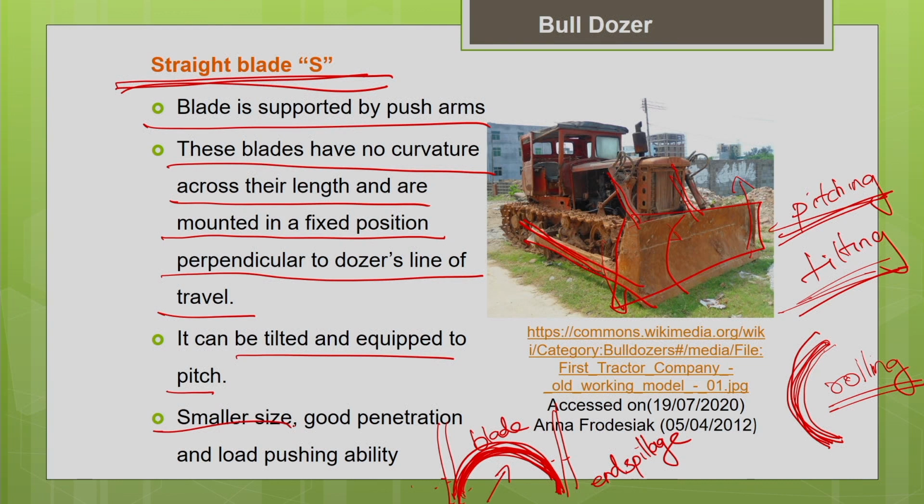So what are the benefits of having smaller blades? You can have a high cutting ratio and high load ratio. That means these blades will have high cutting ability or penetration ability, and they will also have high load pushing ability. So generally when you are going to encounter hard terrain, it is preferable to go for these kind of smaller straight blades. So it can easily handle the harder terrain.